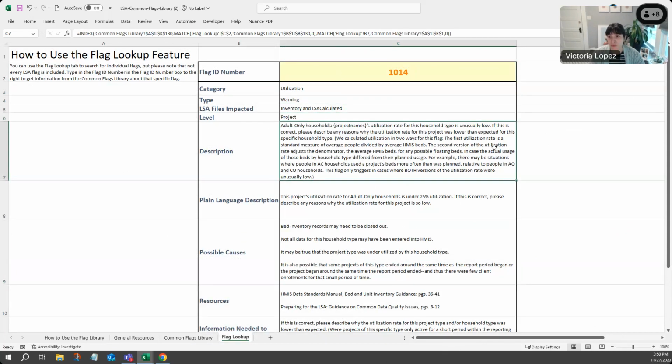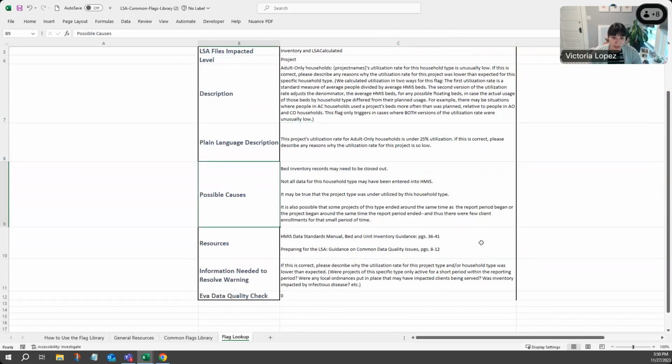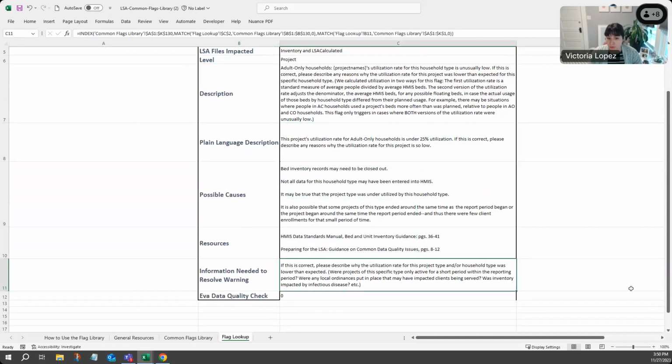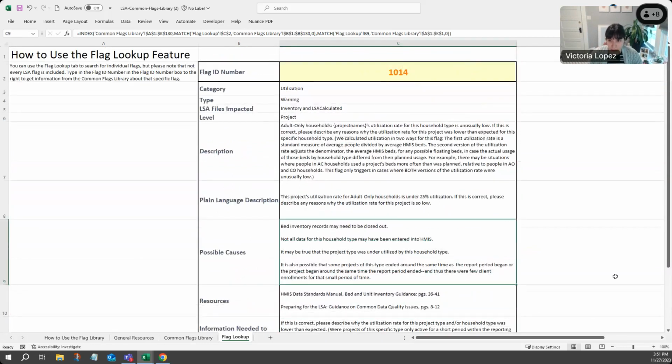We have the full description of the flag here. We also have the plain language description. So two of the key places to look are these possible causes, resources, and then the information needed to resolve the warning. So when it comes to utilization